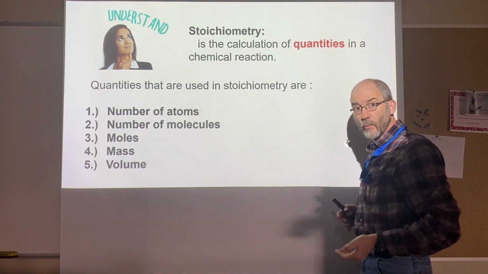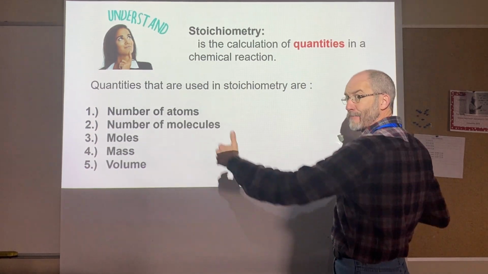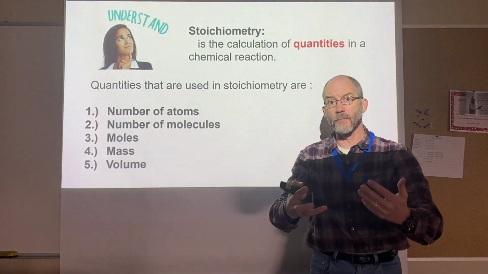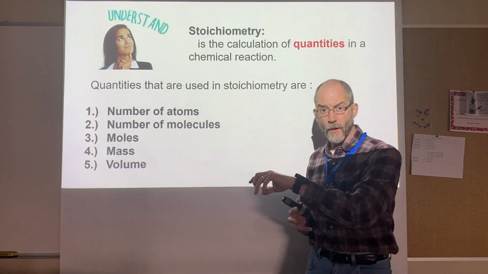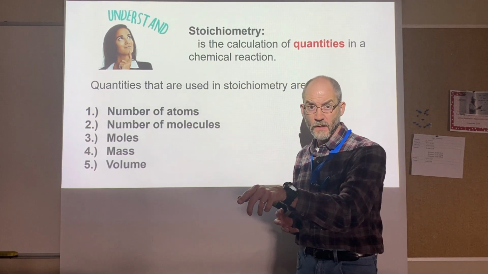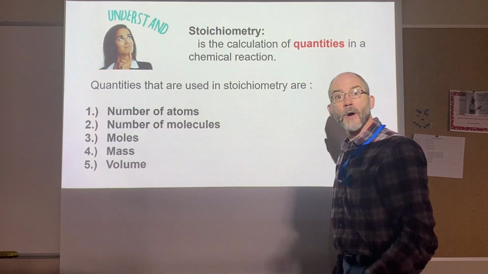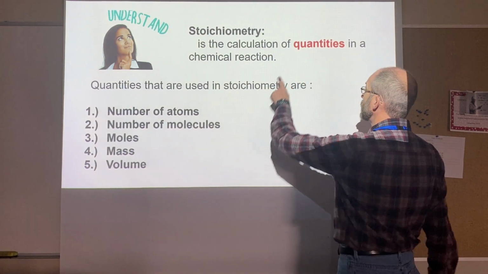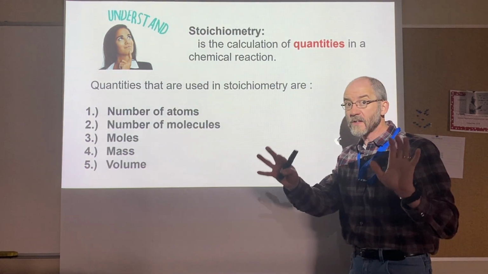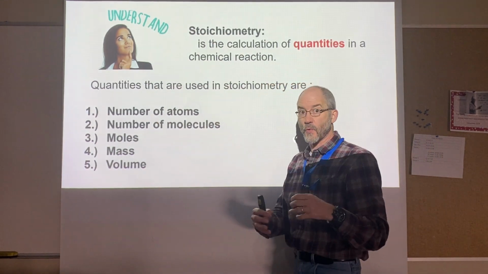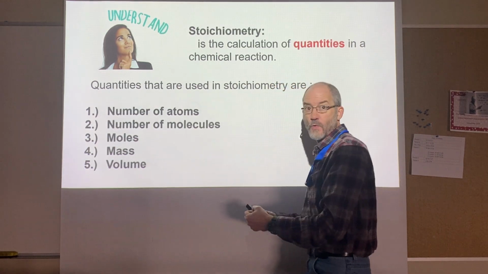So really what we're doing is we're looking at balanced chemical equations, and we are taking the information that is available to us from those equations, and then we will ultimately use that information to help us calculate certain quantities. Quantities like maybe the number of atoms or the number of molecules or moles or mass or